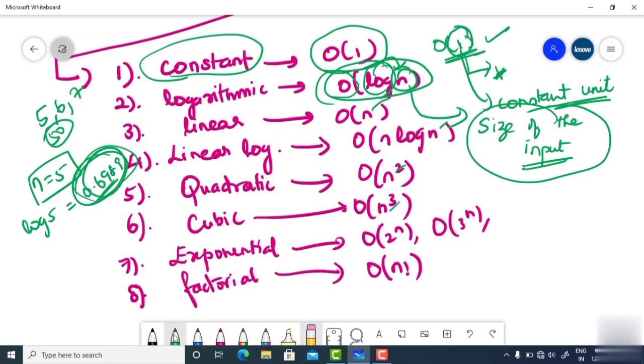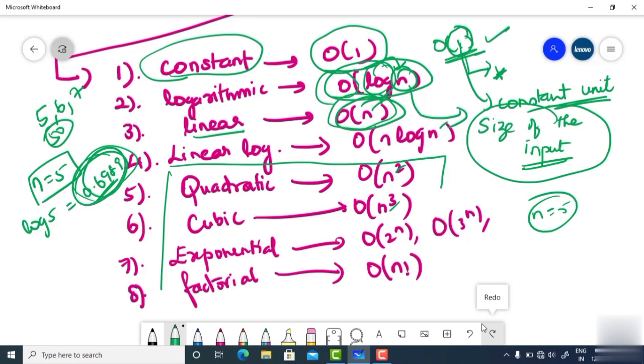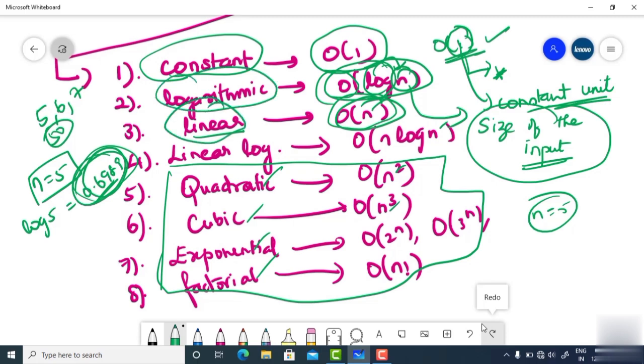So log n is way more efficient than linear, right? So linear is O of n. Let's say my n is 5 there, then the program will execute 5 times, right? So O of n, then O of log n, O of n log n, O of n square, it goes on like that. And these are all undesirable time complexities. Quadratic, cubic, exponential, factorial, these are not desirable, whereas we always look for linear, logarithmic. A good program is something that has linear and logarithmic